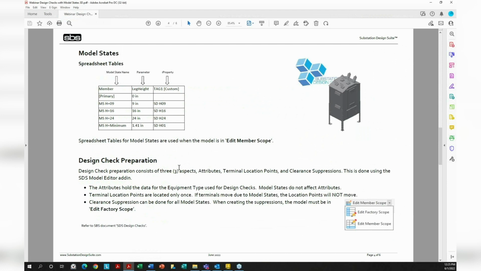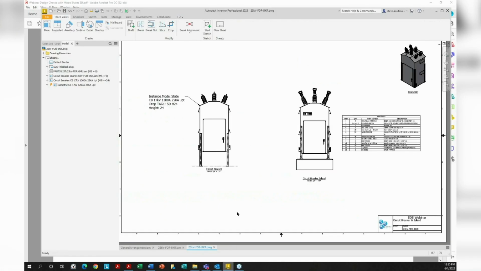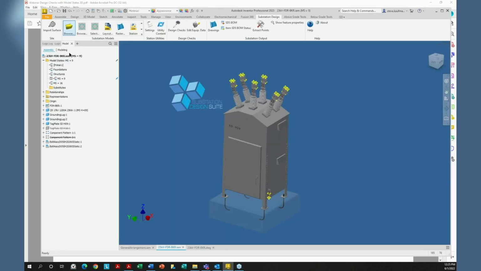So when we look at the model states of the part, here we're looking at the model state of just the part. And we're looking at member, leg, and tag. There is a table in that model state. So I'm going to come into the model state of anything of all of these. There is a table. So if I edit via spreadsheet,